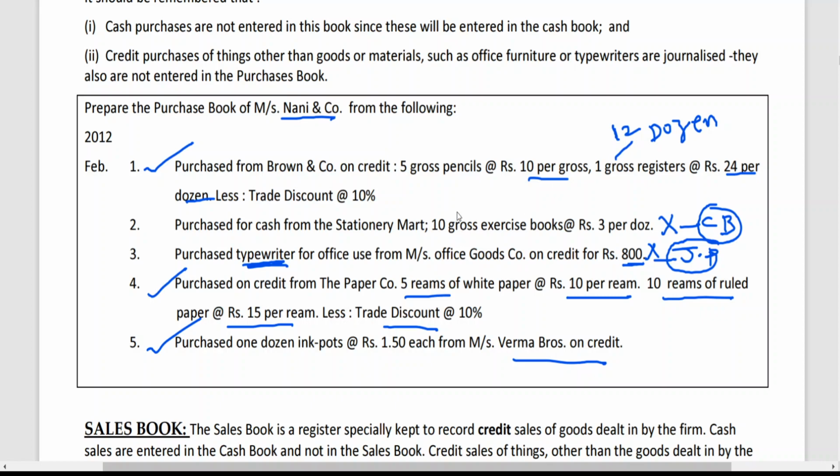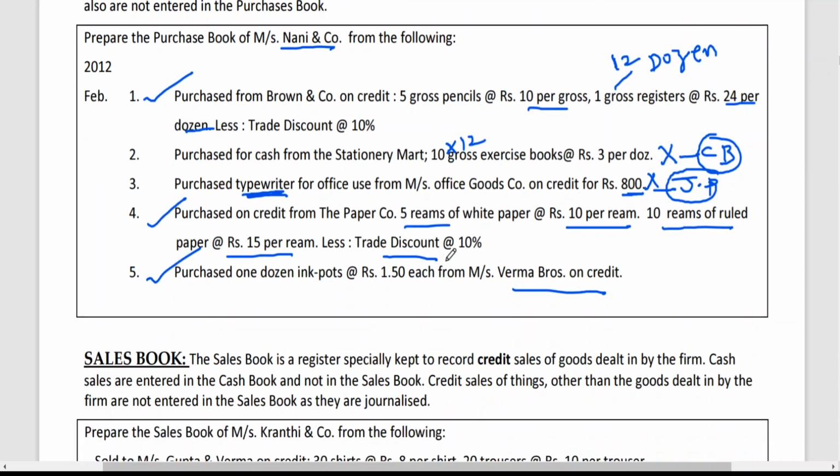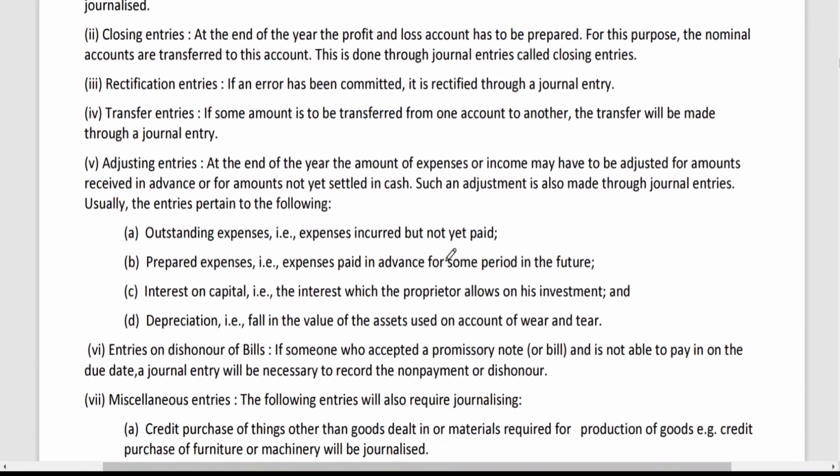Now 10 into 12, how many dozens? Tell me. 120 dozens. Please remember, the cash purchase will not be taken to purchase day book, but cash purchases can be taken to purchase account. So here I am writing